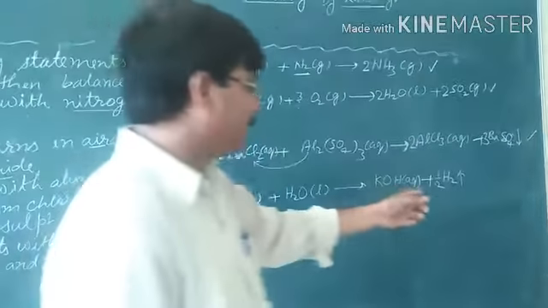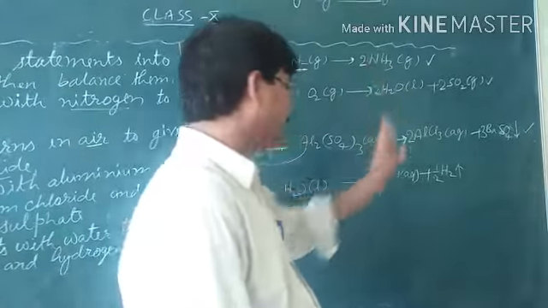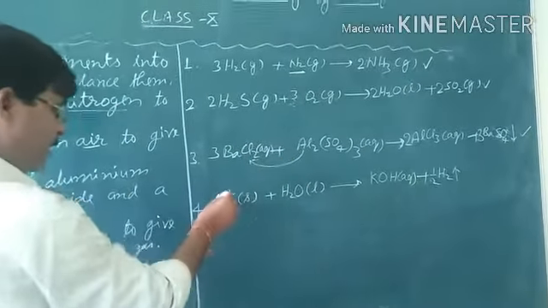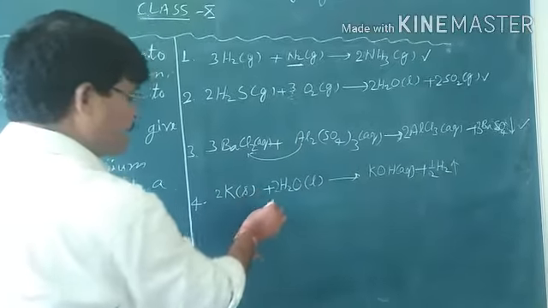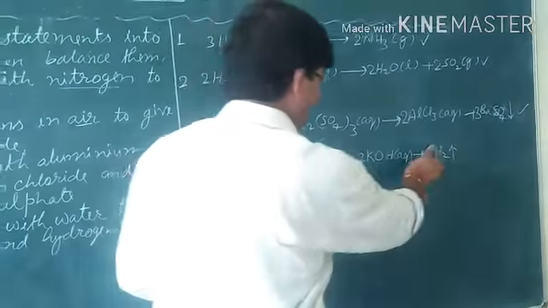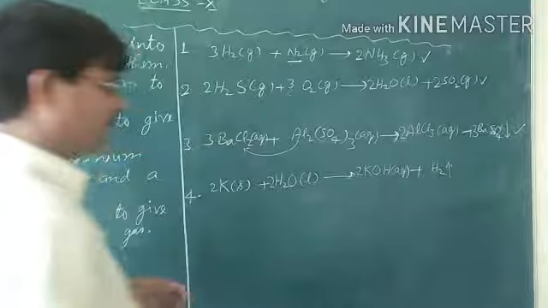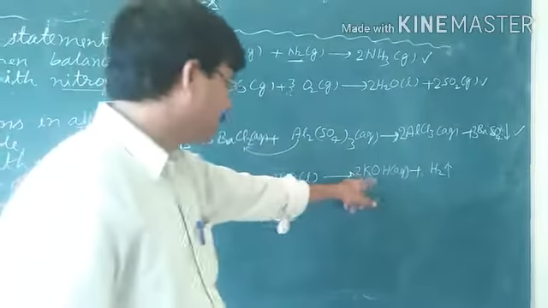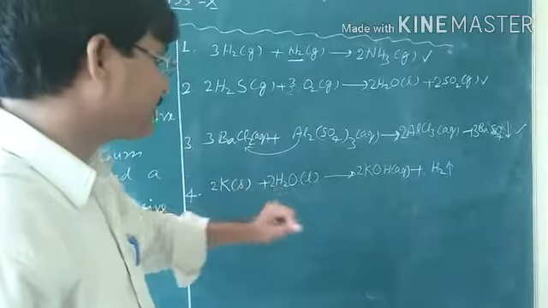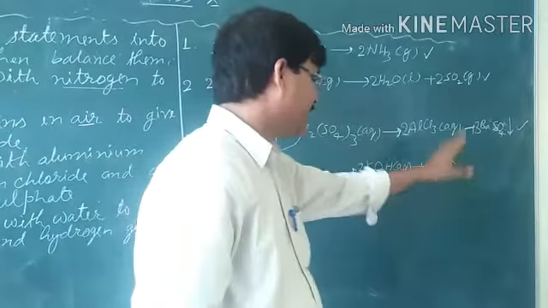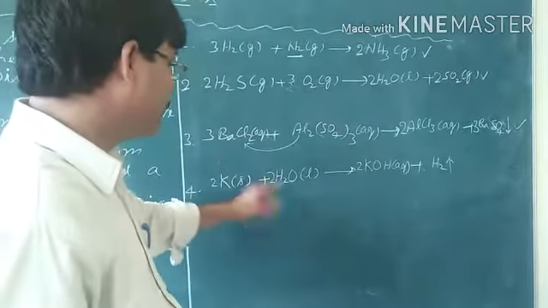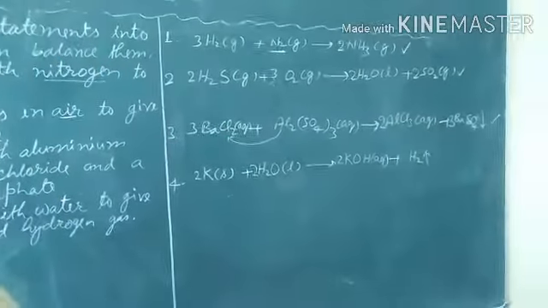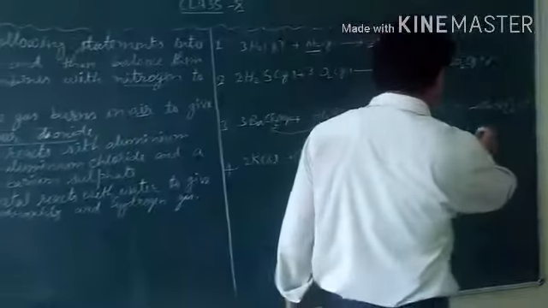But we will change this to a whole number. So we will multiply all compounds by 2. 2, 2, 2, and this will be cut. Now you can check if you want. 2K, 2K, 2 times 2H is 4H, 2H and 2H is 4H. 2 and 1, 2 is oxygen. In this, oxygen is 2. So this is a completely balanced chemical equation.